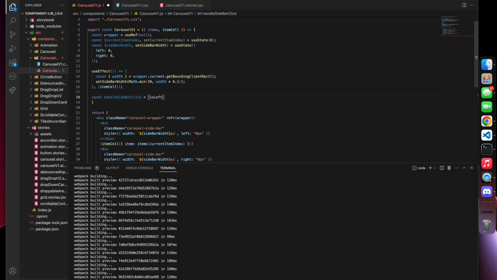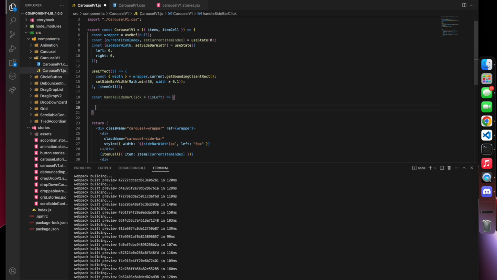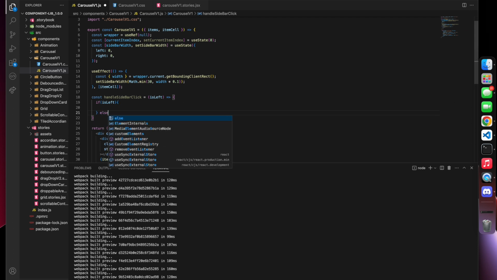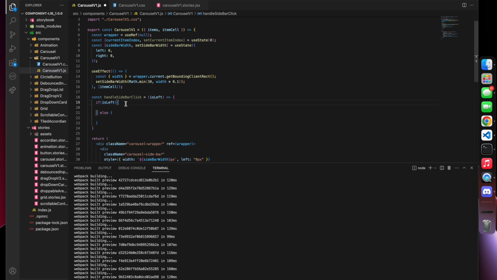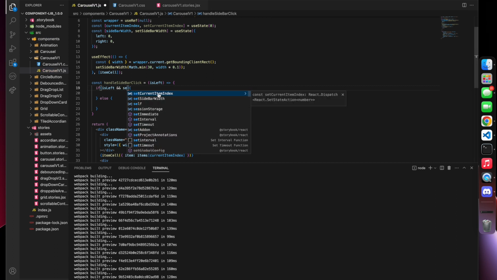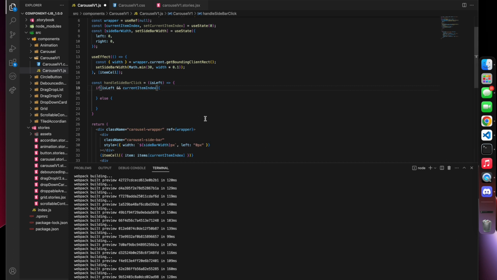So there we go. So what we're gonna do is if isLeft, then we have this, and then else we know it was right. Okay. So we have to do a couple of things here, right? So the first thing we need to do is we need to watch out if we click left too much and there's nothing else to click left or right on. So isLeft is going to be decreasing the index. So we need to check if the index is 0, right? So we could check isLeft and selected setCurrentItemIndex is bigger than 0. Then we can